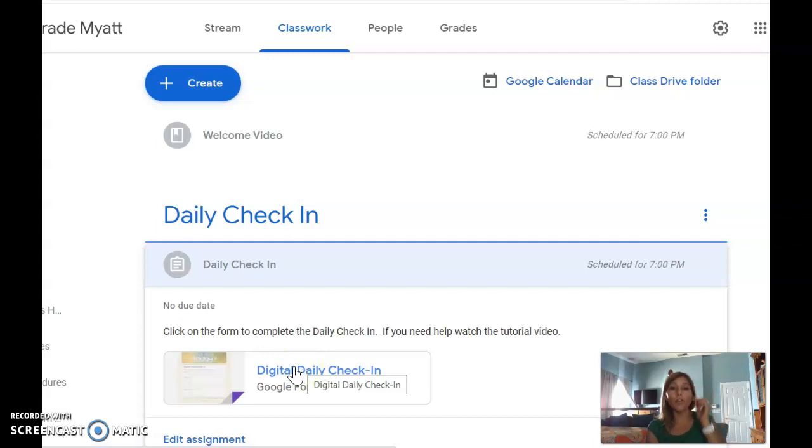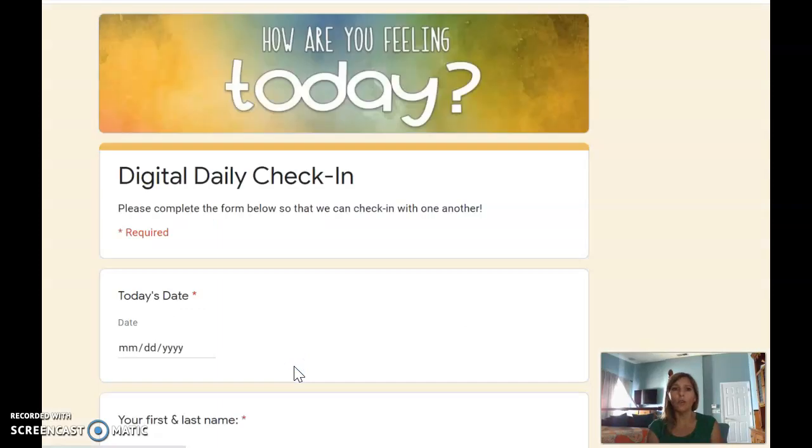Now, one thing about Google Forms is you need to make sure that you're logged into your FCSD account when you do it. If it doesn't work, sometimes it's because you weren't logged into your Google account, which most people should be. The way you can tell is up here in the corner. Oh, you can't see it because my recording screen is not there. But if you look in the corner, you can see your little icon.